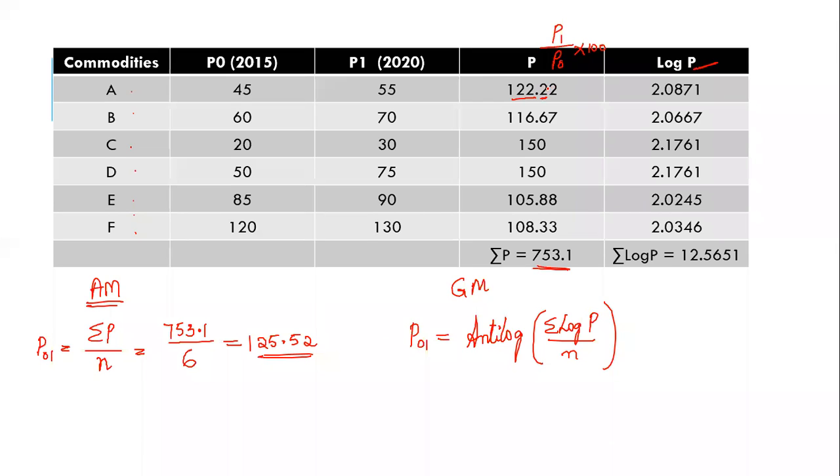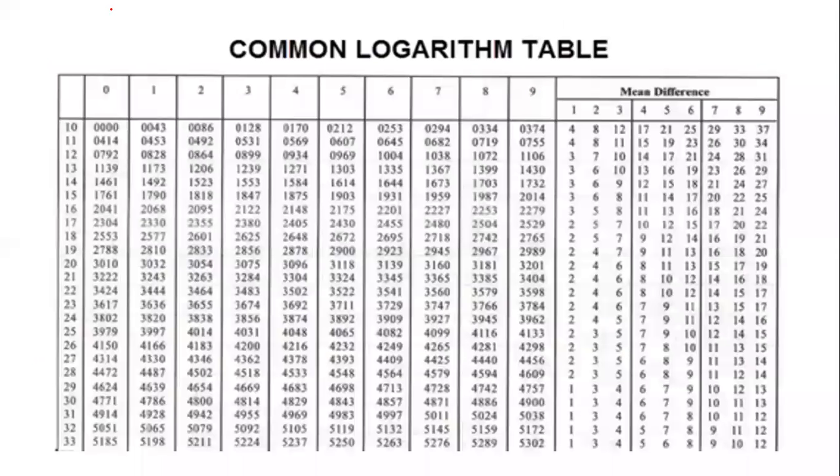Do not take 2, consider only 2. Okay, so consider 122.2. Okay, we will see the log table. I will write here 122.2. So now this 122.2 we will divide. First you have to divide it into 12, 2 and 2. Okay, you have to divide into 3. First we will see 12. Where is 12? Okay, here 12. And the second column, okay, this 2 means the second column. So under this you have to see here. So it will be this one. Okay, under this second column, 0864, you will get 0864.